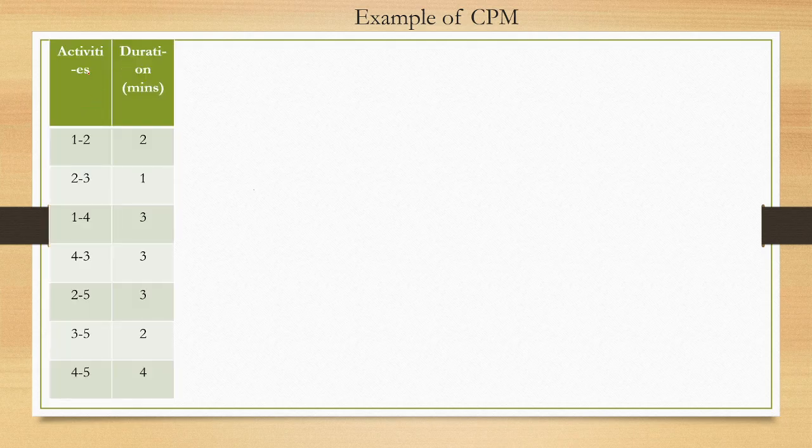So here these activities do not give a predecessor, but they are given in terms of nodes. So how will you draw this network diagram? You will see in activities, the first activity is 1 to 2. What does it mean? That there is a first node, the starting node, and another node is node 2. So 1 to 2 is one activity which has duration 2 minutes. Now next is 2 to 3. So this is the 2 to 3 activity.